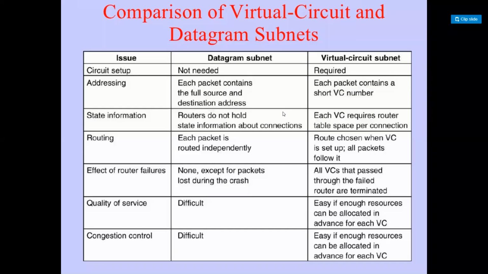Next, coming to the virtual circuit, there is a dedicated path from source to destination. All packets must be transmitted in the same direction, one after another. So it is easy in case of controlling the congestion. These are the issues in case of datagram subnet and virtual circuit subnet. Just remember, students, virtual circuit is connection oriented service. Datagram is connectionless service.